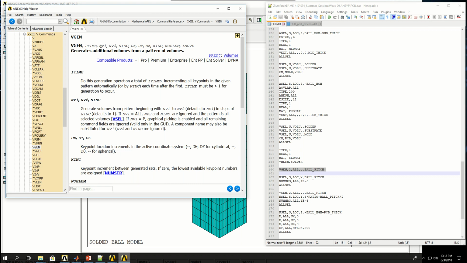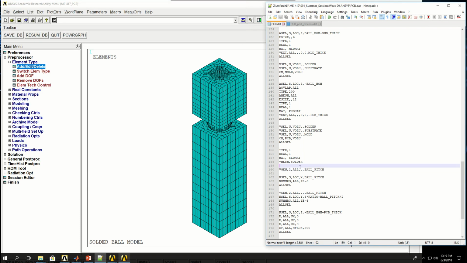I could say all for NV1 and then ignore NV2 and NINC, and then give the value in each of these directions, so X, Y, and Z. So I've given here 2 items, all of the volumes, and ball pitch, which means the distance between solder balls, in the X direction. So if I use that line,